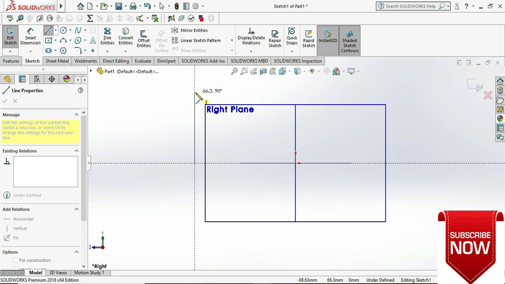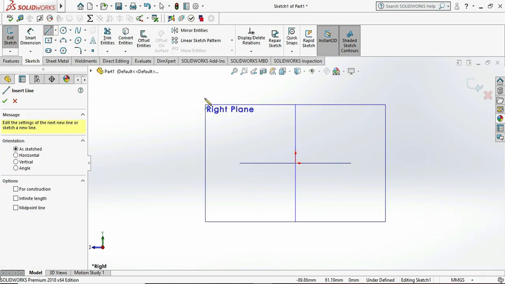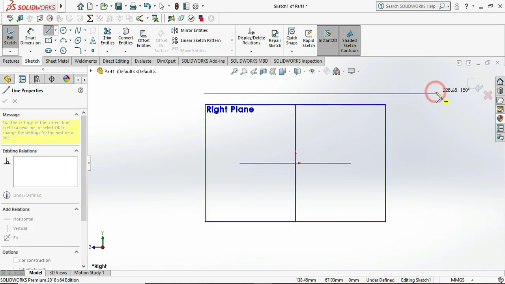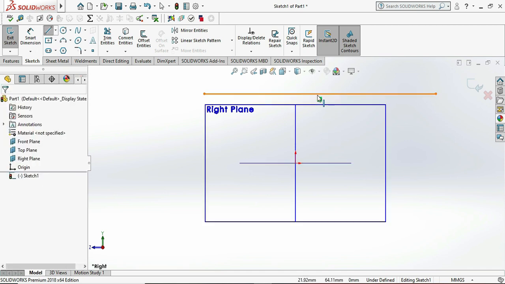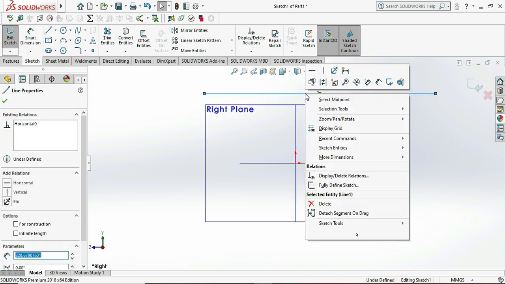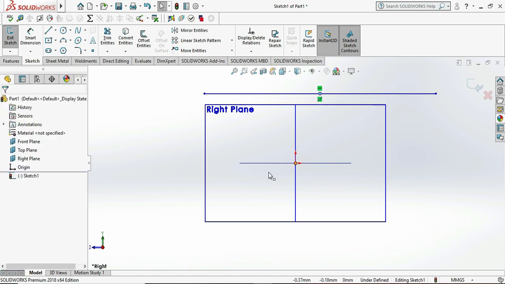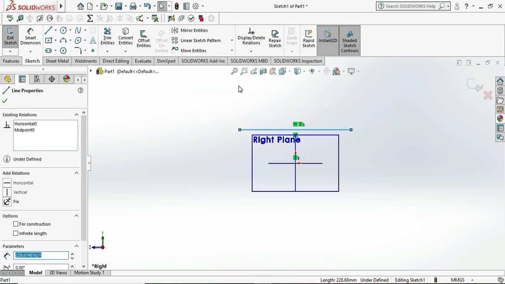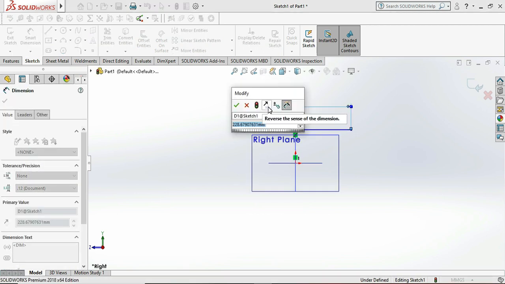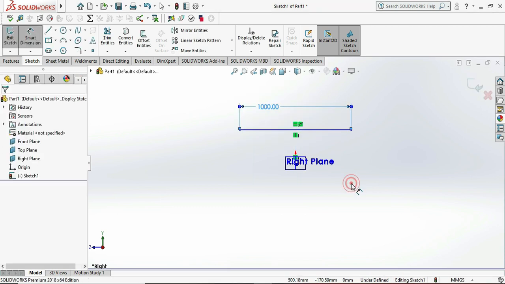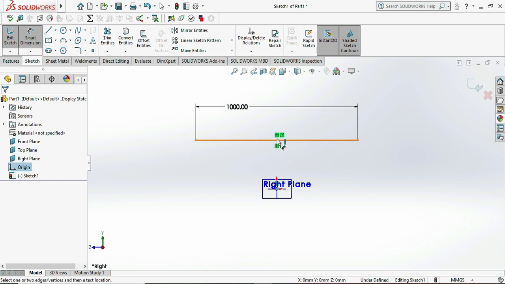So let me draw the line, a horizontal line. Then choose the center point of the drawn line and the origin and make the relation vertical, which helps us in simplifying the drawing. So let me give the dimension to the horizontal line, which is 1000 mm. It is 1 meter, and the vertical distance as